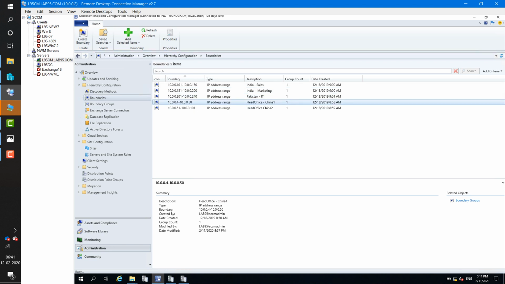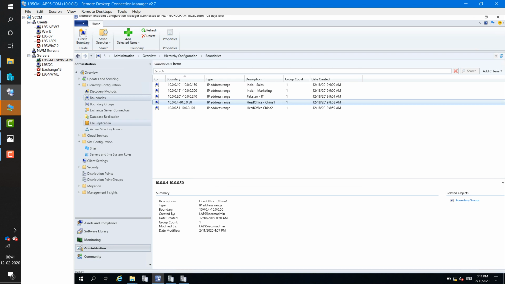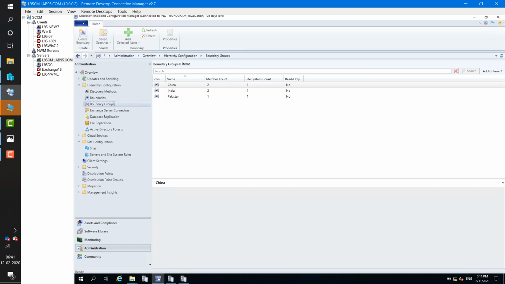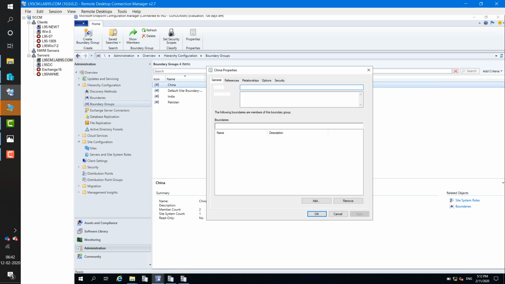Click on properties and do one other change before that. I have created some boundary group. As you know, we cannot use a boundary until we add that boundary in a boundary group. So I had added that boundary in this boundary group. I have created a boundary group with the name of China. Once you open the property of this boundary group, you can see this boundary has been added in this group,